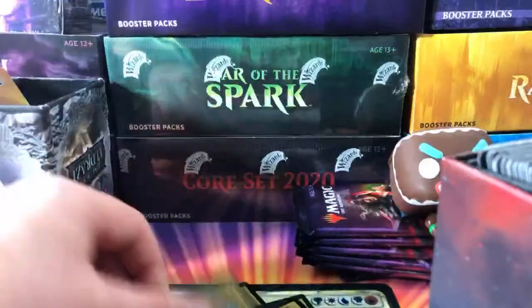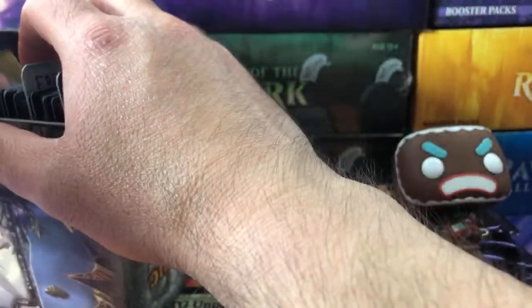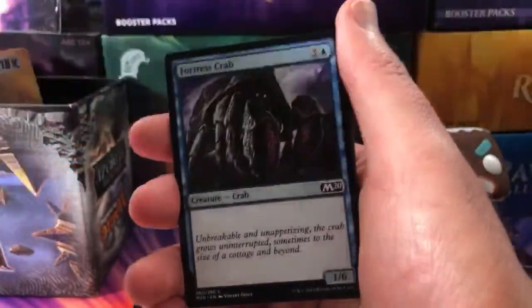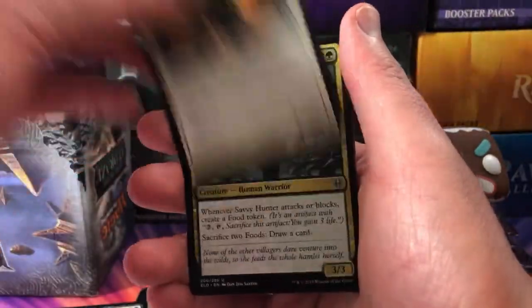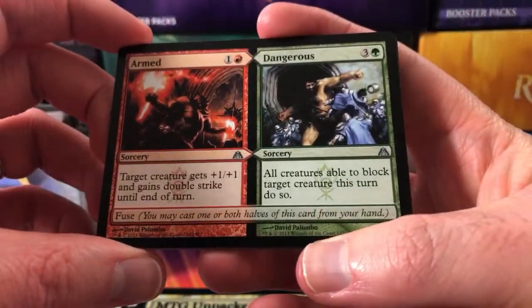Okay, uncommons. And I did count them out last night, I think it was, and I should have enough for all the patrons. So fingers crossed we don't run out. Could be rather embarrassing. We have a Rotting Legion of Zombies, Fortress Crab, Tormenting Voice, Feral Abomination, Thraben Valiant, Savvy Hunter, and a split card, Armed and Dangerous,